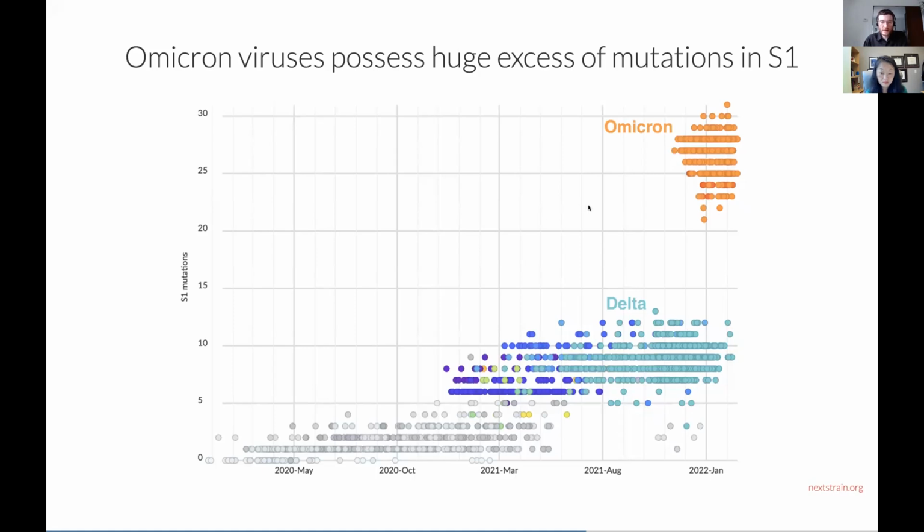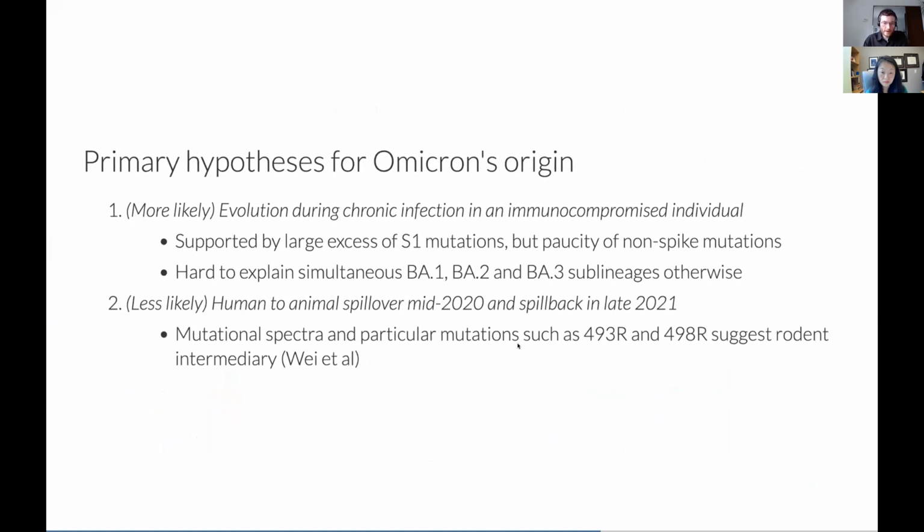And so exactly how this came to be is still a bit mysterious. Definitely my favorite hypothesis, and I think the most likely origin for Omicron, is that there was evolution during a chronic infection in an immunocompromised individual. We think this is what happened with Alpha. We have evidence from case studies of immunocompromised individuals who have chronic infections where there's a lot of evolution during